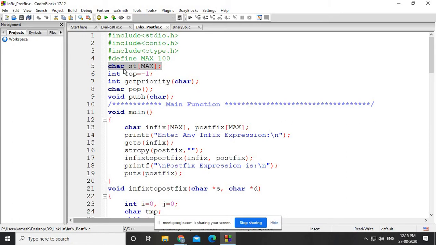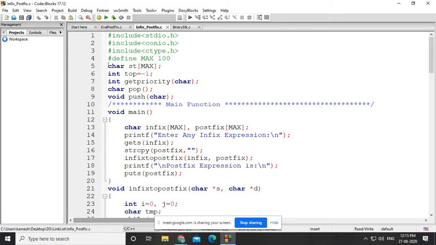Everything here is in the form of characters. The user enters an infix expression in characters, so we read one character at a time from the infix array, and if it is an operator, we need to push it into the stack.